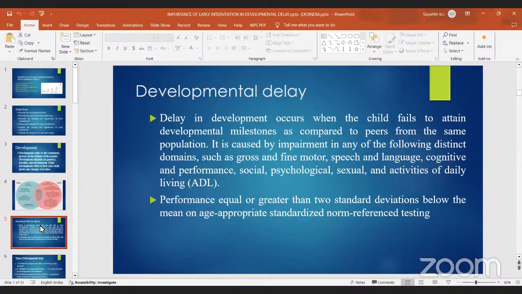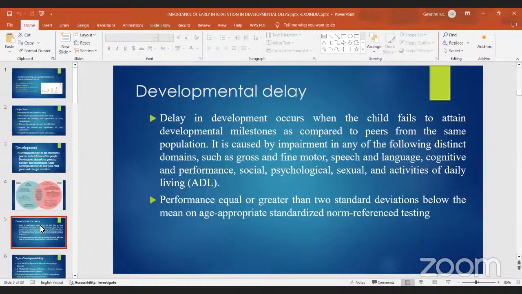It is caused by impairment in any of the following distinct domains: gross motor, fine motor, speech and language, cognitive and performance, social, psychological, sexual and activities of daily living. So in these factors, we want to concentrate on how development can vary, like fine motor development, speech development, language development. What are the domains? Is the baby having ADL activities? If they are having a lag in that, when compared to their peer groups, we can tell it as